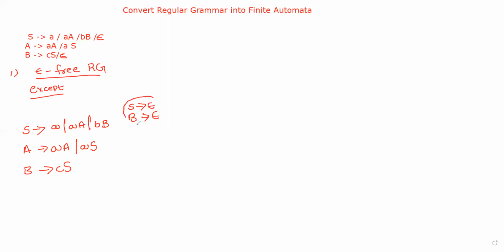The procedure is very simple. In all the productions where S appears, S is replaced with epsilon, and whatever output we get is appended to the production. Similarly, where B appears, B is replaced with epsilon, and the output we get is appended to the particular production. See this one. In this A, B, here B occurs. So if B is replaced with epsilon, now what is the production? Simply A. So A is added.